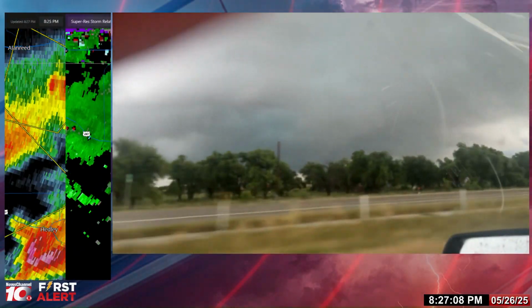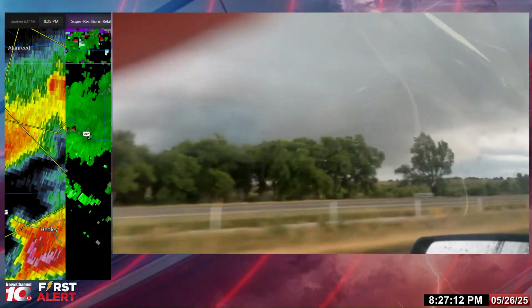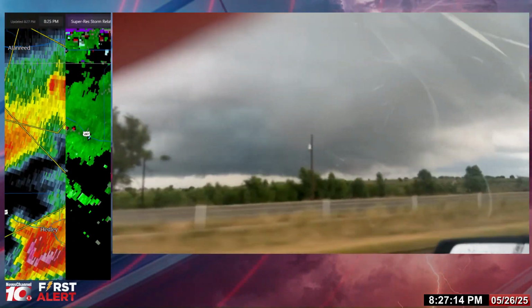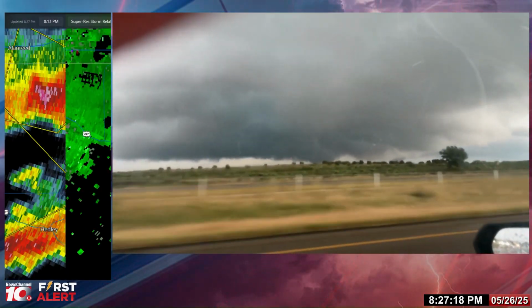And sometimes you can get little spin-ups. They're called gustnados. They generally don't last very long. They're extremely hard to warn for, but you can get a little spin-up rotation or a funnel that would come in contact with the ground and become...